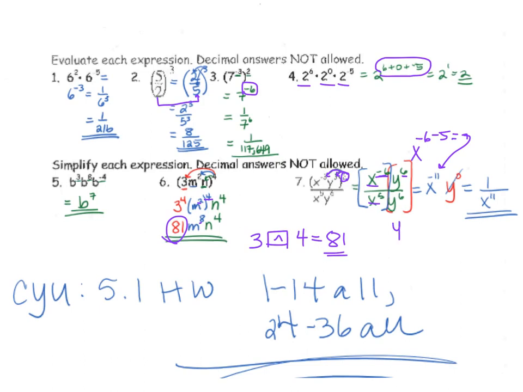For the y's, we did 6 minus 6, and we got 0, and that gave us y to the 0 power. Well, y to the 0 power equals 1, so we just cancel it out of the process, because anything times 1 would stay the same. And then because x had a negative exponent, we took the reciprocal, 1 over x, and that made our exponent